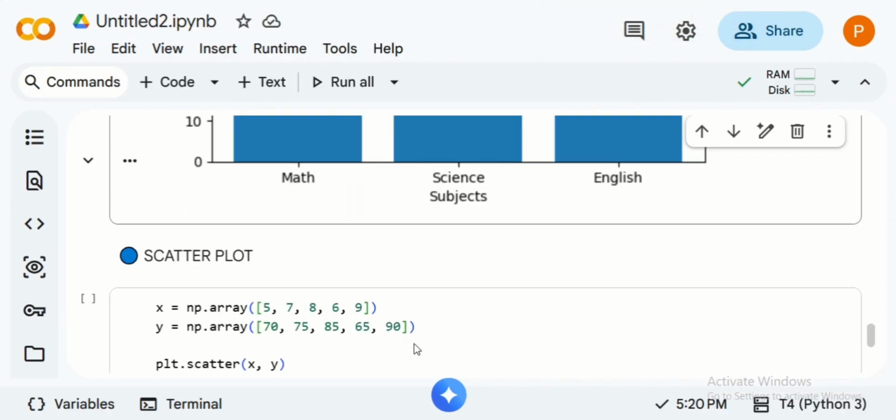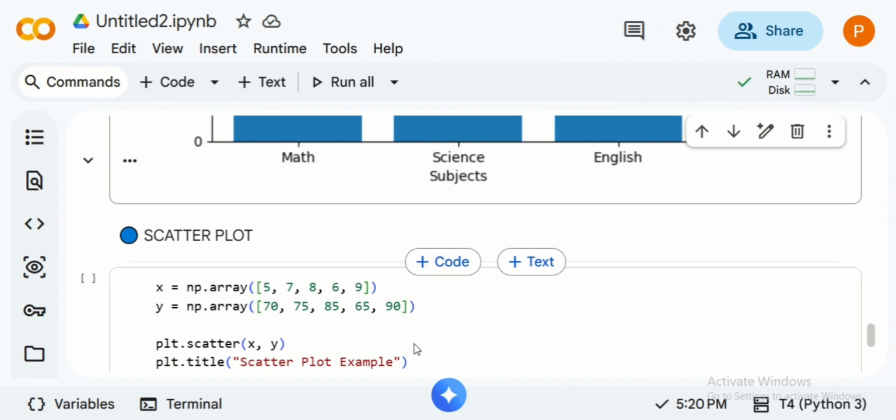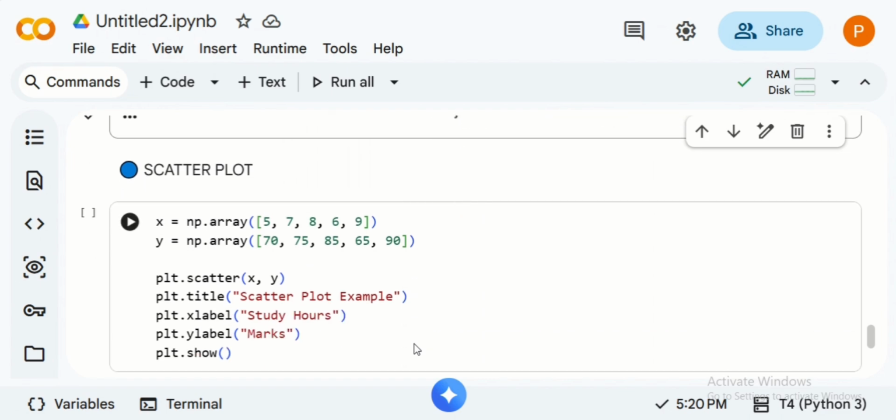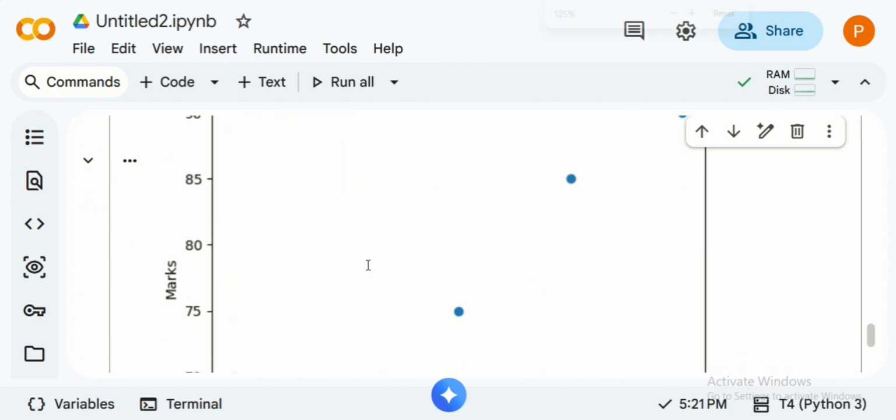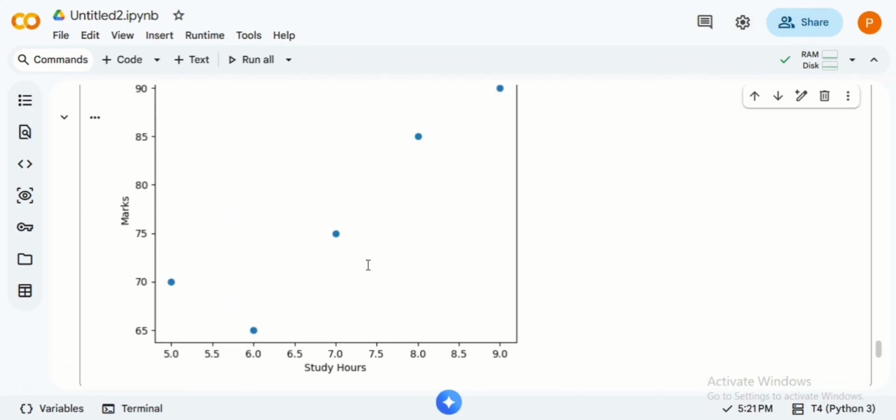Next up, let us move to scatter plot. Scatter plots show the relationship between two variables. Each dot represents one data point. They are very useful for correlation and outlier detection. So let us click the play button to have a look at the scatter plot,